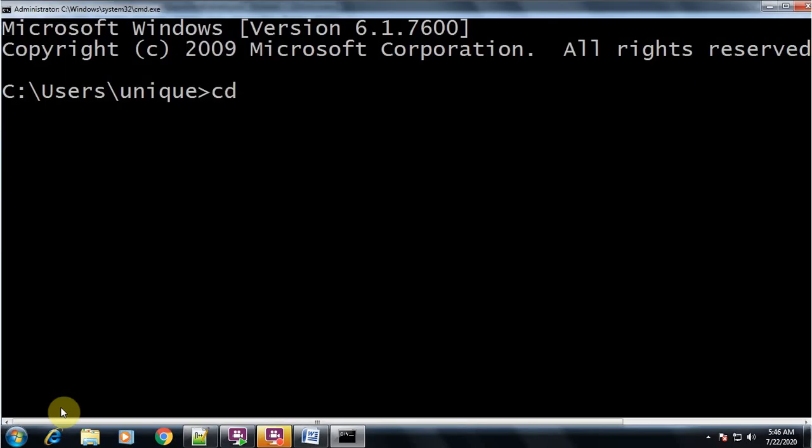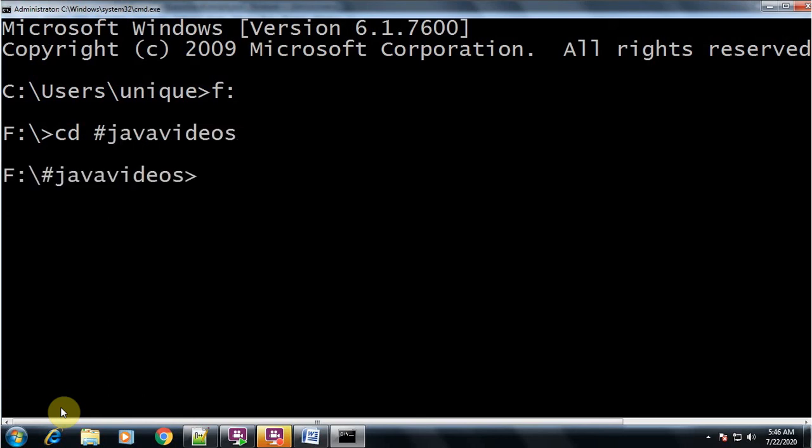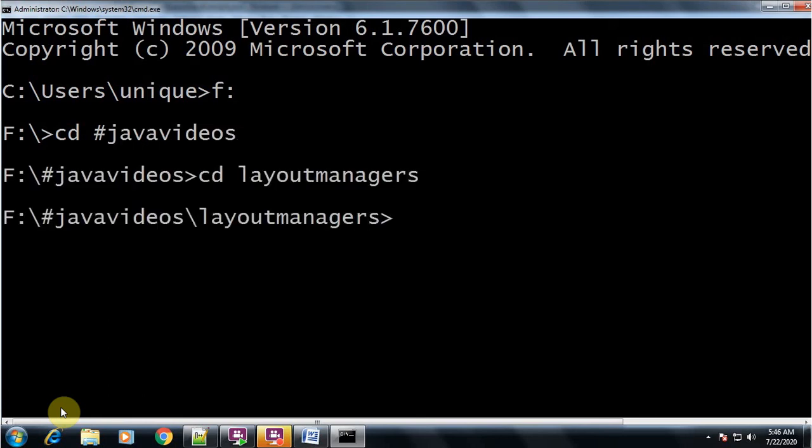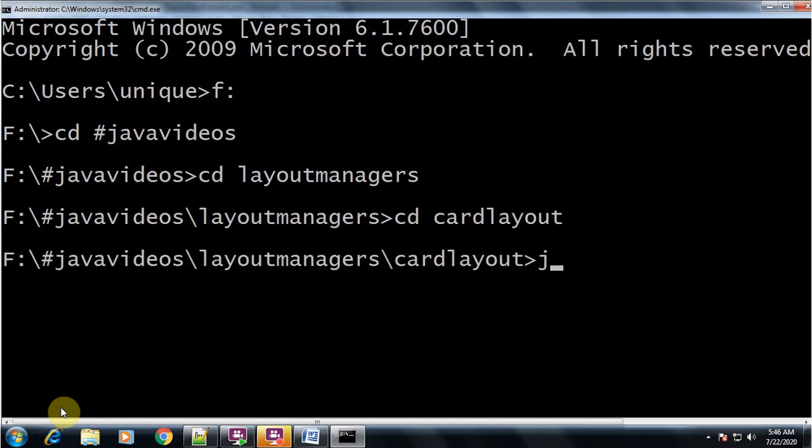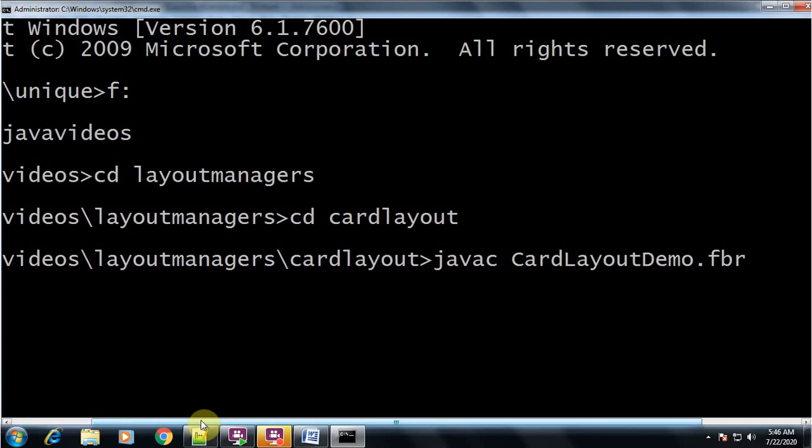First I'll go to the F drive, cd Java videos, then cd layout managers, cd card layout. javac CardLayoutJavaExample.